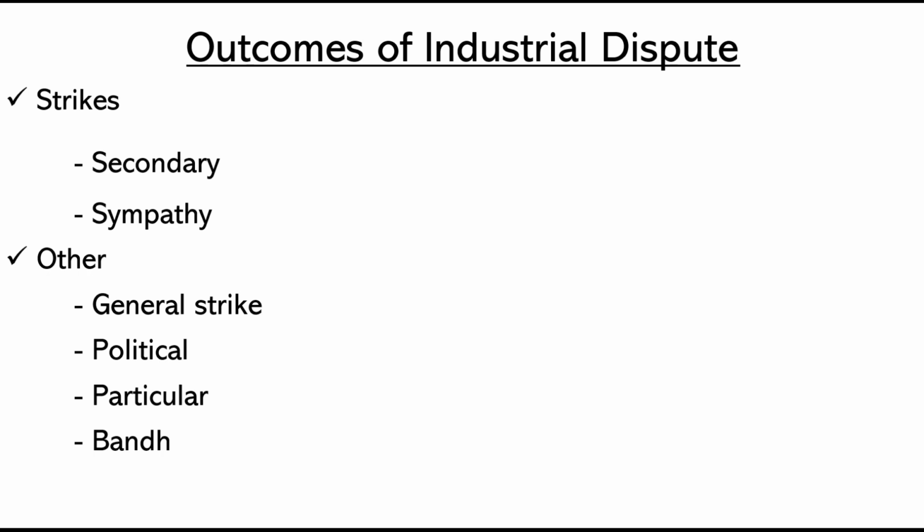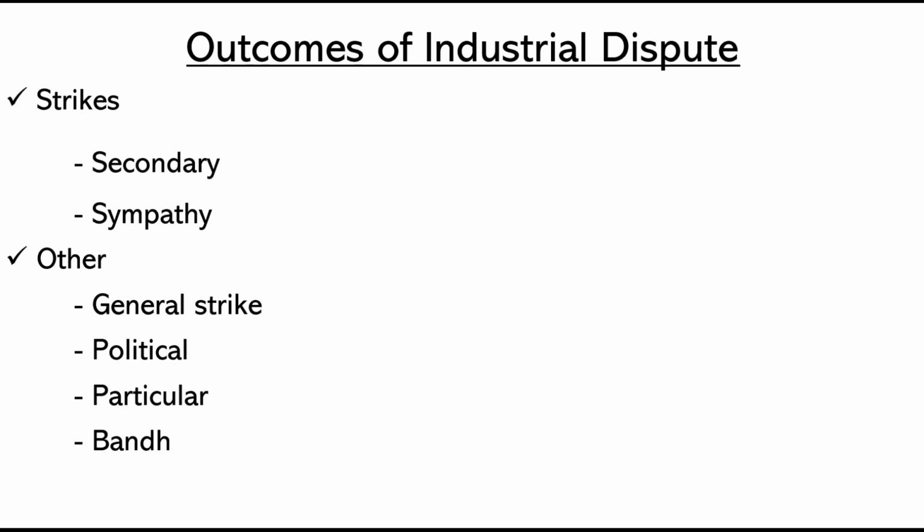Okay, so I have not included some other strikes also. They are also there. Those are primary strikes. Okay, that is the go slow strike. Go slow means they will come, but they will hamper the production by going slow. Okay, so all these strikes, by the word meaning itself, you can understand.